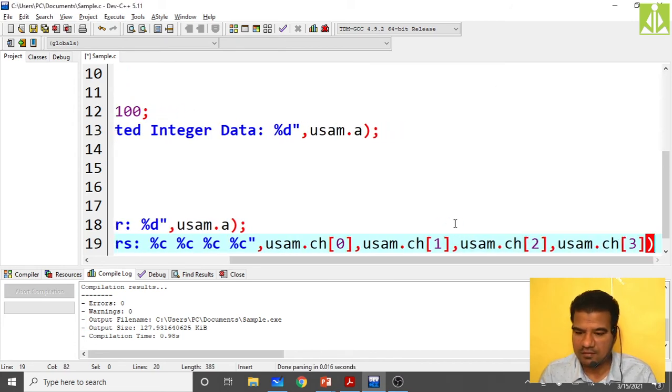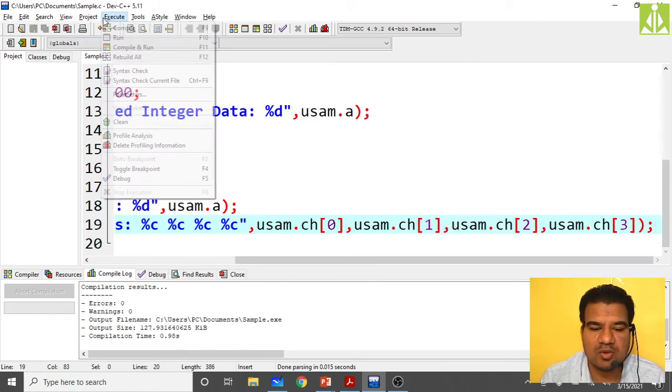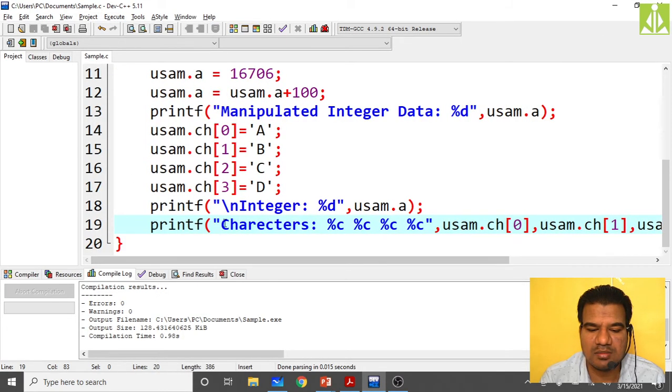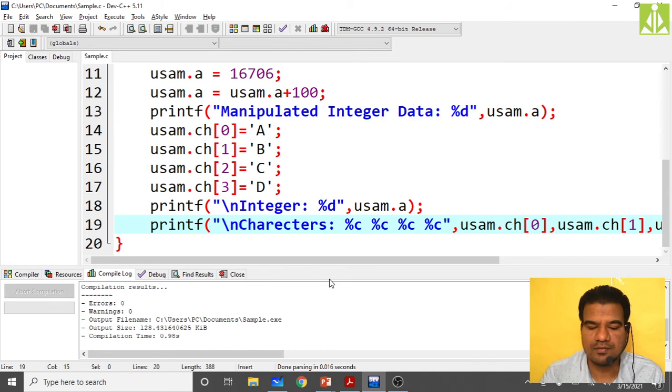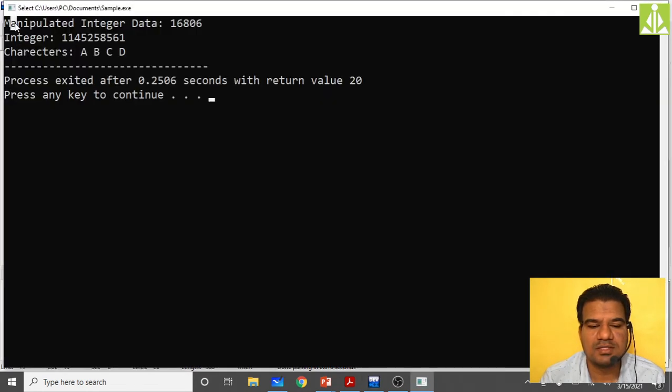So we have printed all the characters from the union. Integers modified, but because the most recent initialization is characters, you are getting A, B, C, D here. I just need to put one backslash n in the beginning so that the output comes in a separate line. First we stored this value, then we modified, so we are not having the integers anymore. When we print the characters, we get A, B, C, D.